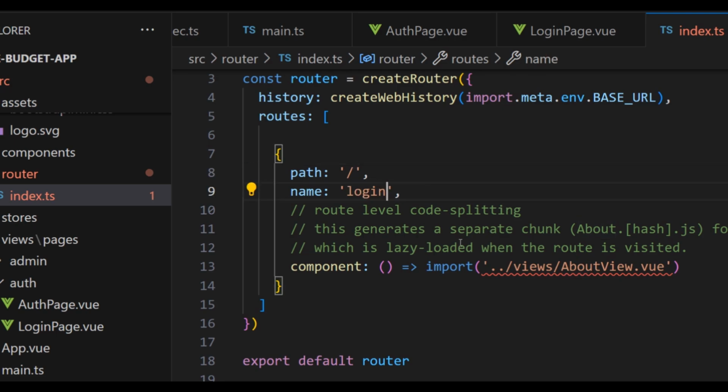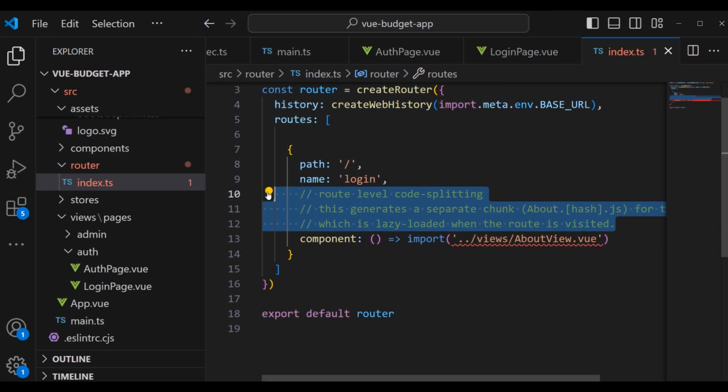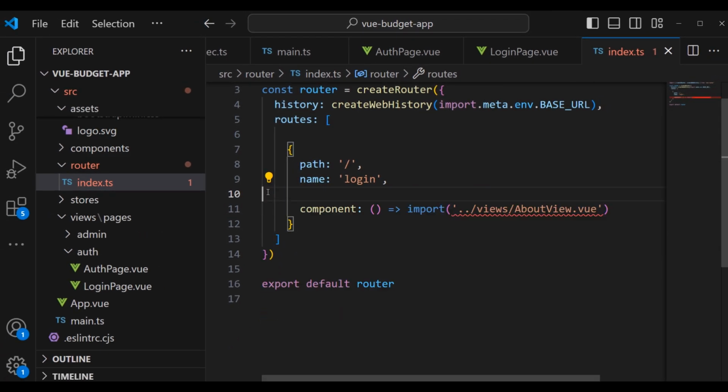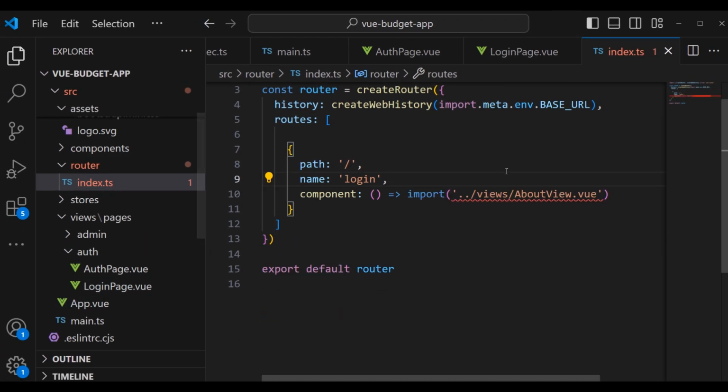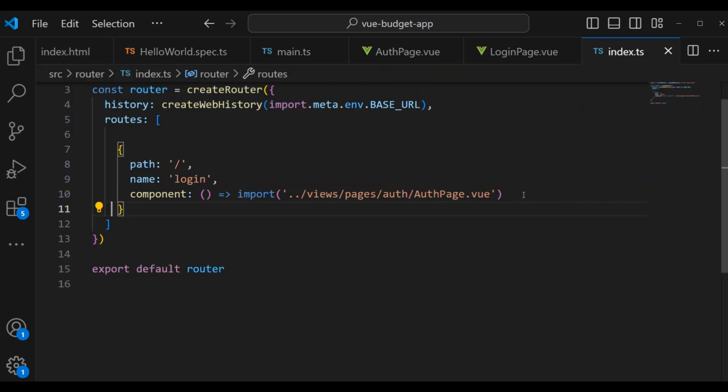Is going to be login, and we are going to load first the entry point of the login page, of the auth page. This is the entry point. Now the Auth.vue page, as it is the entry point, is going to take some children pages and pass here